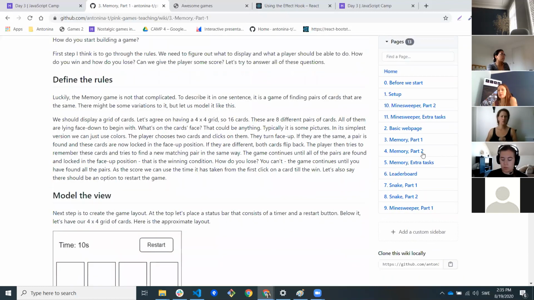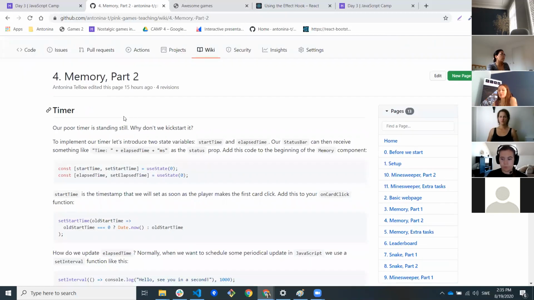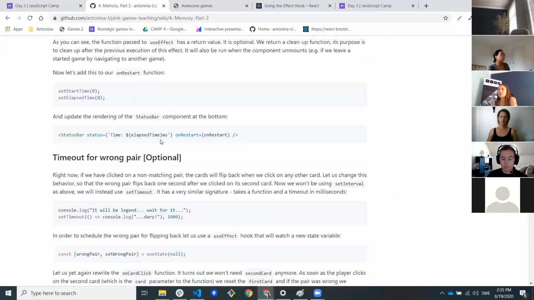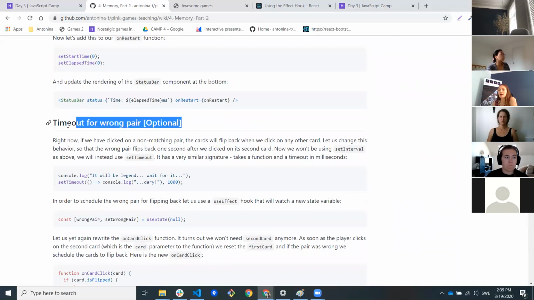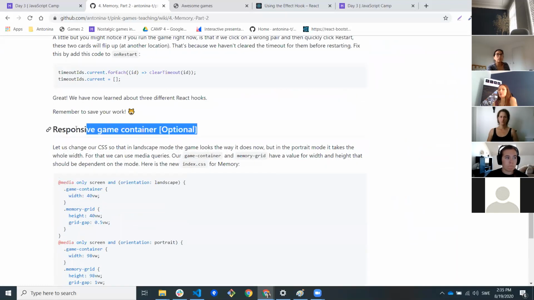So we are now entering memory part 2. We're finished with memory part 1. We're entering memory part 2. And I'm going to go through the section called timer. And then we have a couple more sections here. I have marked them as optional. I am not going to go through them